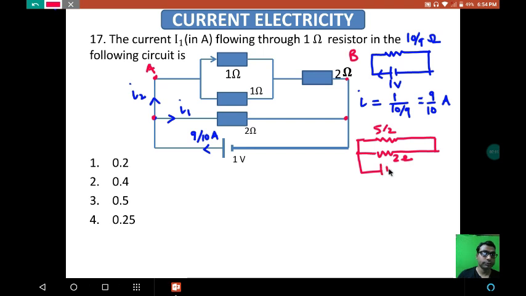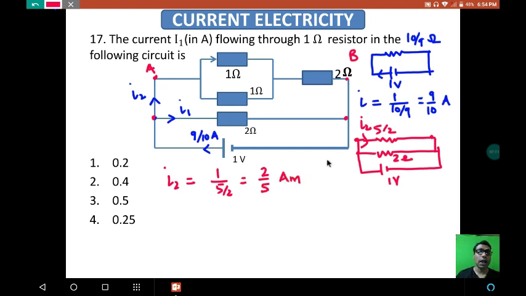This is the battery attached to this circuit. So the current I2 is flowing through 5 by 2 and the potential difference is 1 volt. We simply get I2 equals V by R, where V is 1 and R is 5 by 2. Simply we get 2 by 5